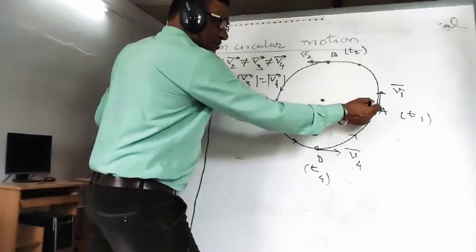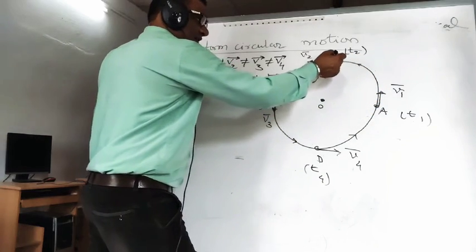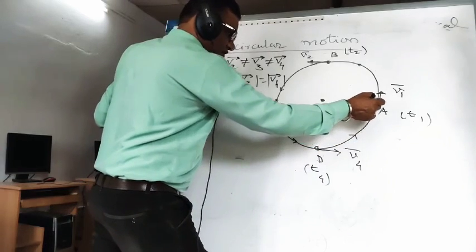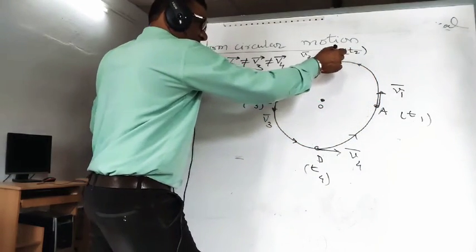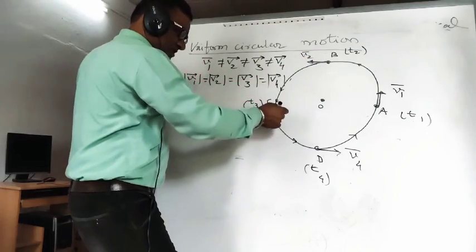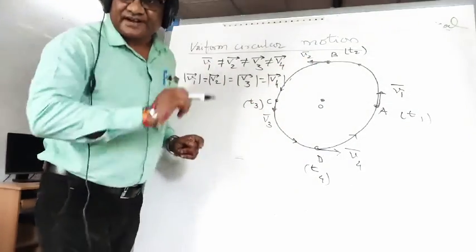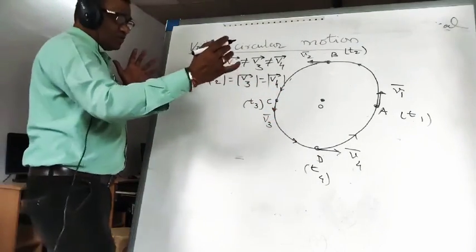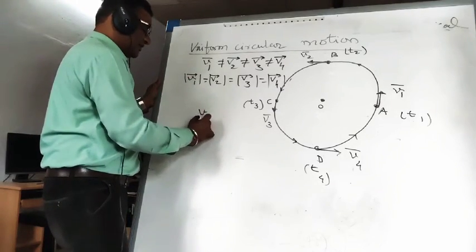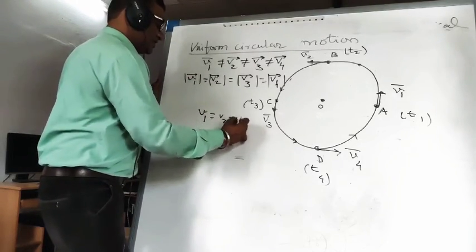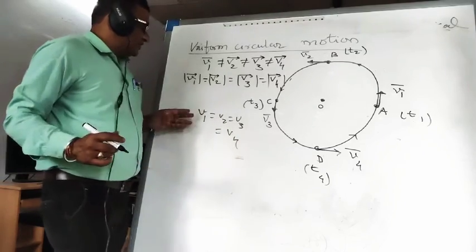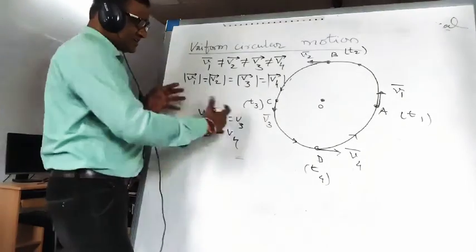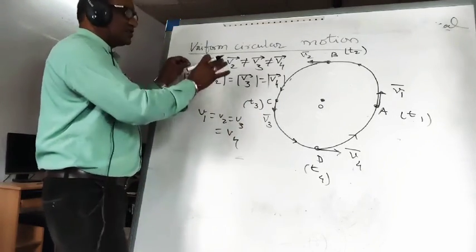Look at this. Look at the tip of this marker. Its direction is constantly changing. Although the marker covers equal distance in equal intervals of time and the speed of the marker is fixed, the velocity of the marker is different because its direction is constantly changing, right? So what can I say? Without the bars, V1 is equal to V2, equal to V3, equal to V4. It means V1, V2, V3, V4 indicate speed. Speeds are equal. The modulus of velocity is called speed.